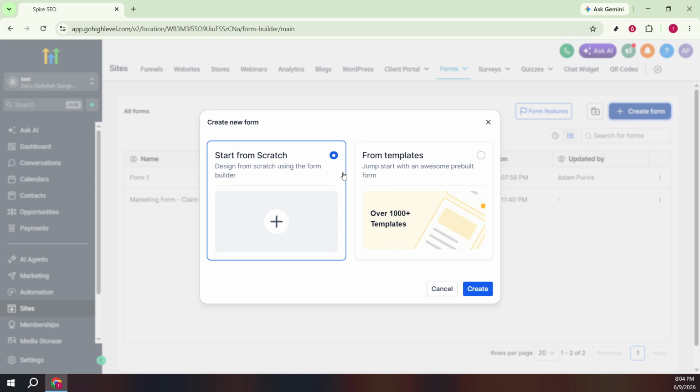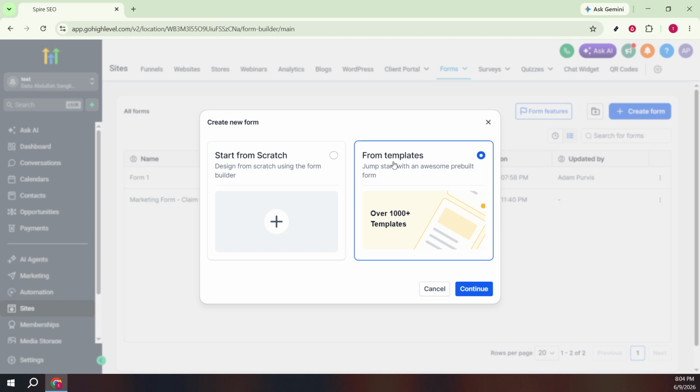If you'd like to explore pre-built layouts, you can also click from Templates to browse options designed for common use cases like lead capture or appointment requests. Templates can save time, but for our walkthrough, we'll keep it simple and hands-on. Switch back and choose Start from Scratch for this example, then click Create to open the builder with your new